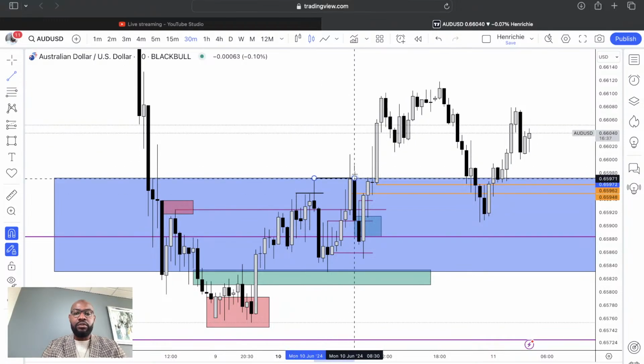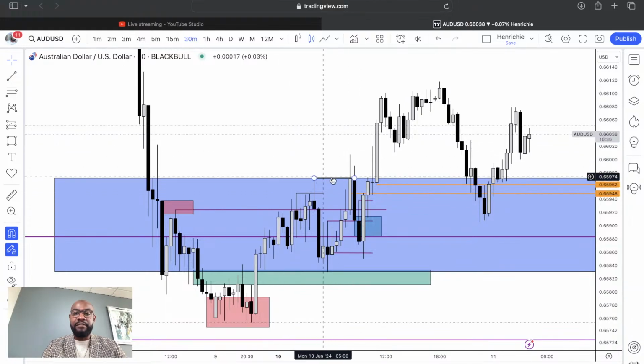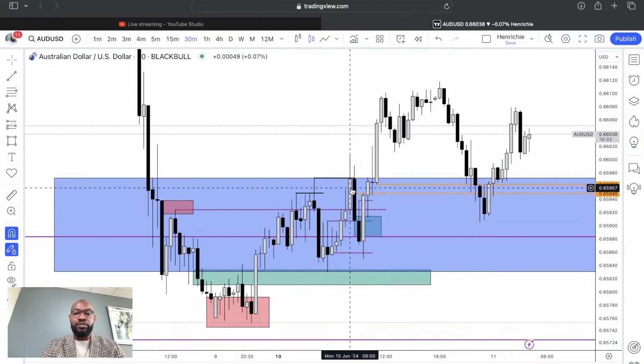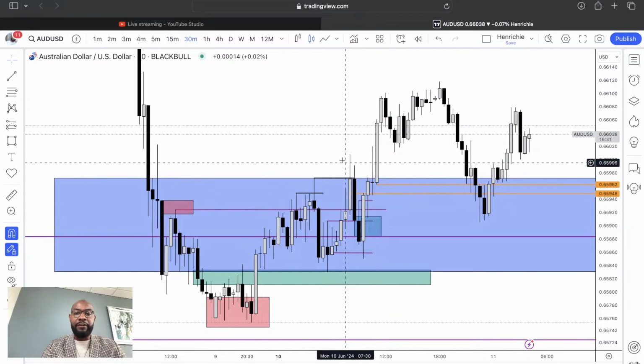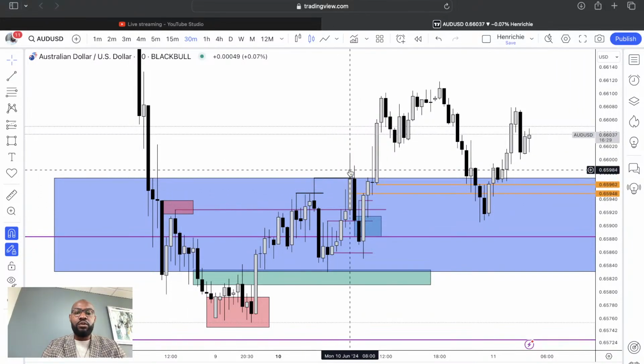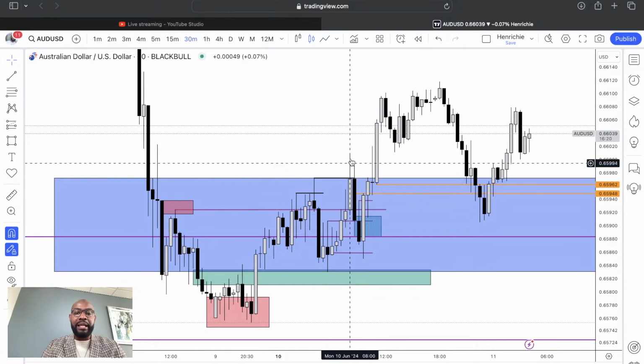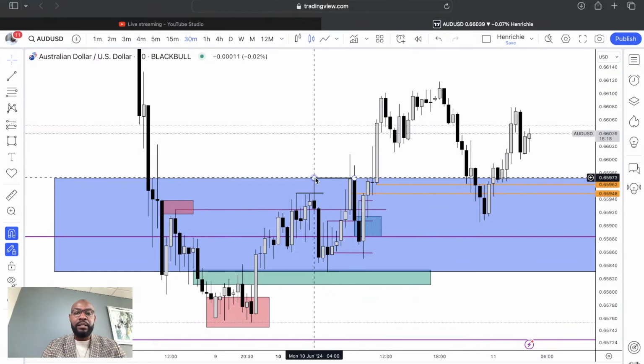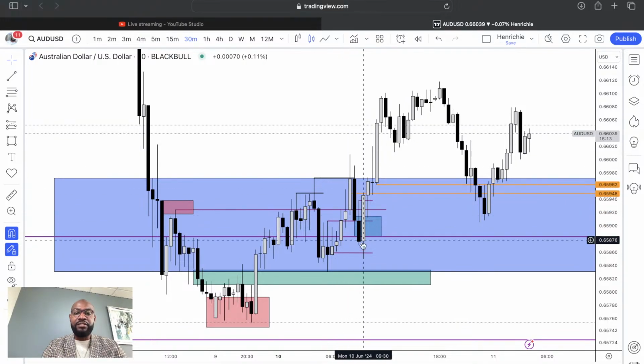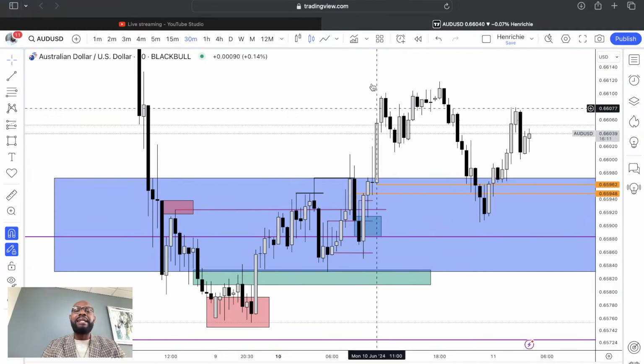There was no candle closure here as well. As you can see very clearly, there wasn't any candle closure, so I still don't regard this as a break of structure. If this had closed above this one, I would have regarded that as a break of structure on the 30 minutes time frame. Now, the fact that this didn't break and close above this key level, these new wicks, I will disregard this. And then price still went to the downside, expanded higher.